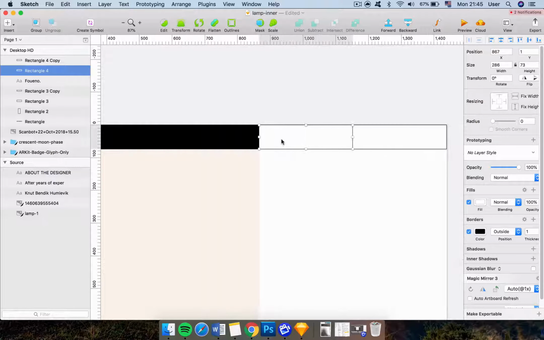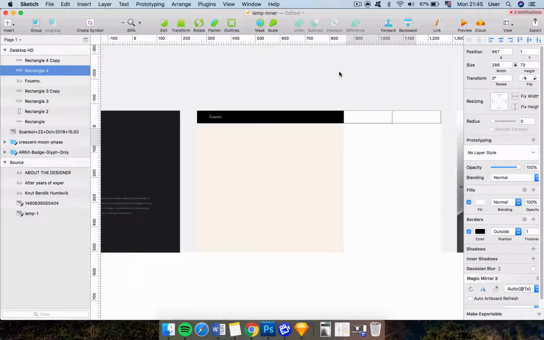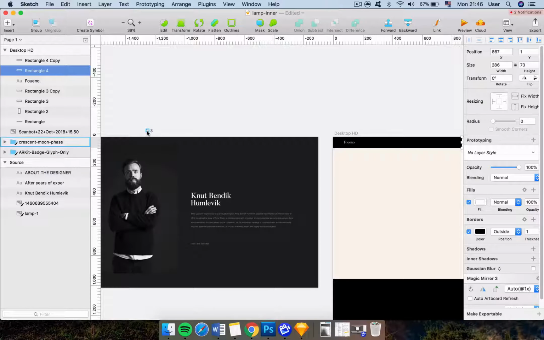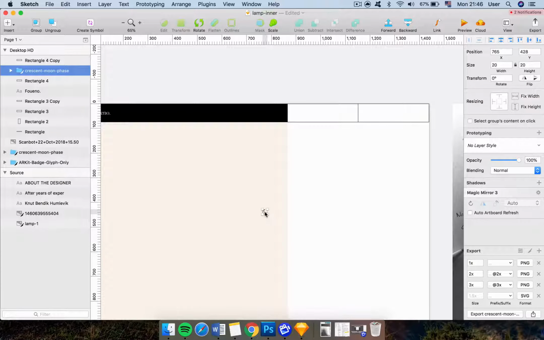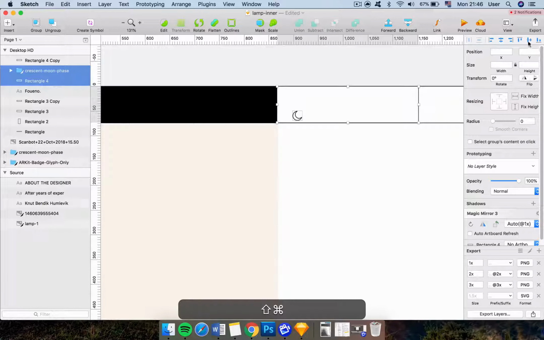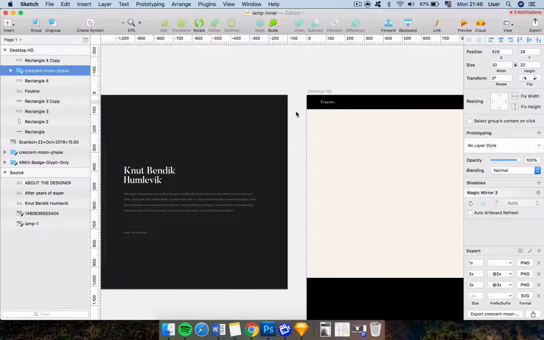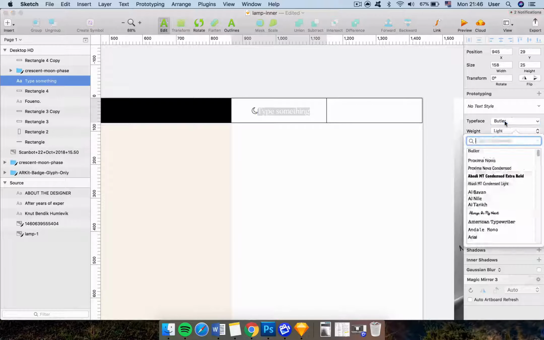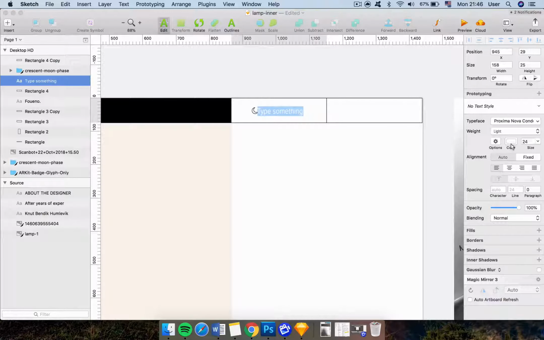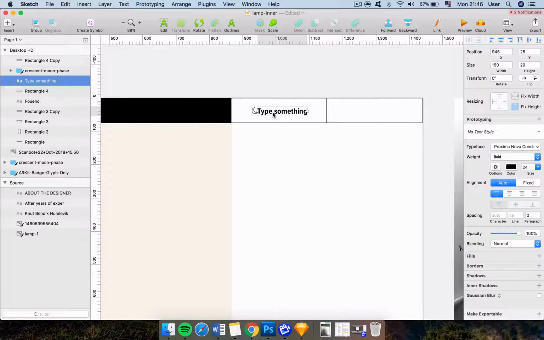Okay, so let's start with only one button. We don't need the layouts at this moment, and the first button is gonna be view in the dark. Gonna copy paste the icon there, align it to the center, and let's add the text, which is gonna be Proxima Nova Condensed. Gonna be bold, and